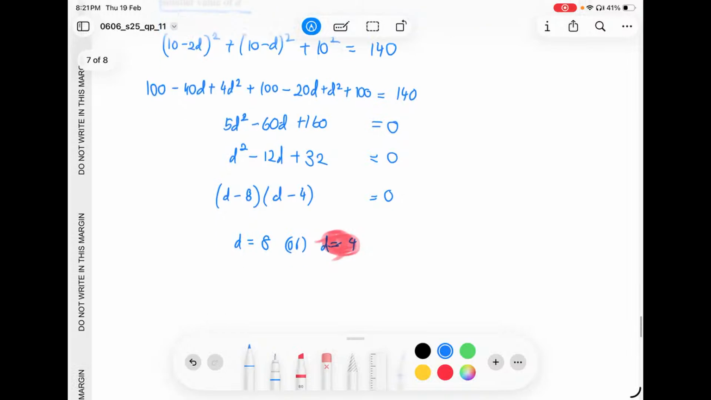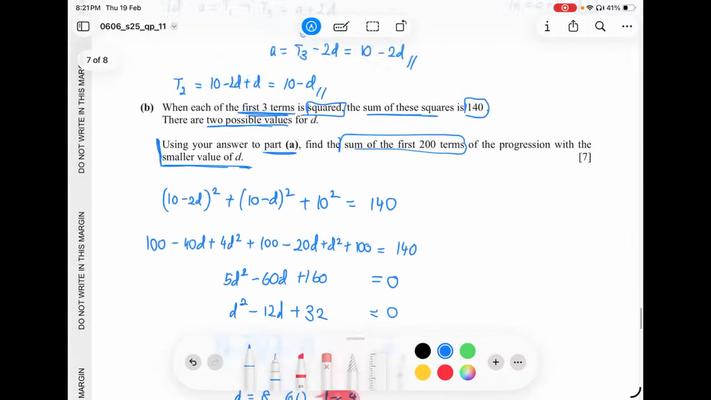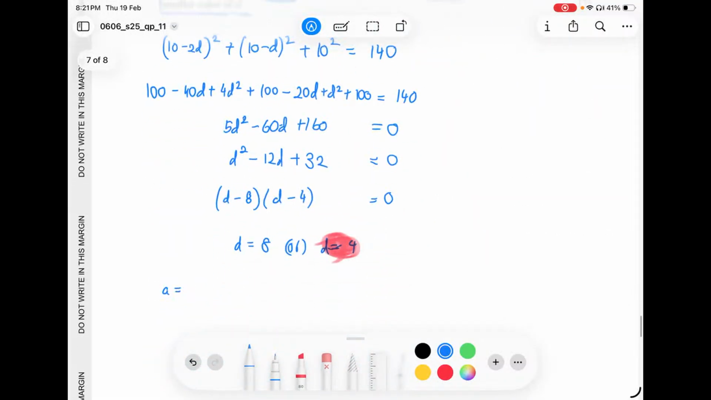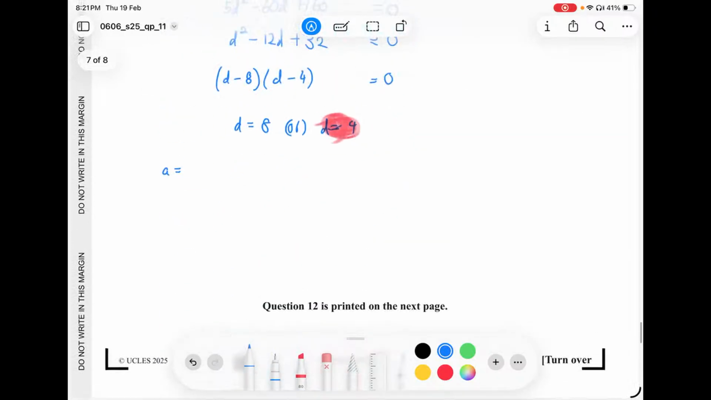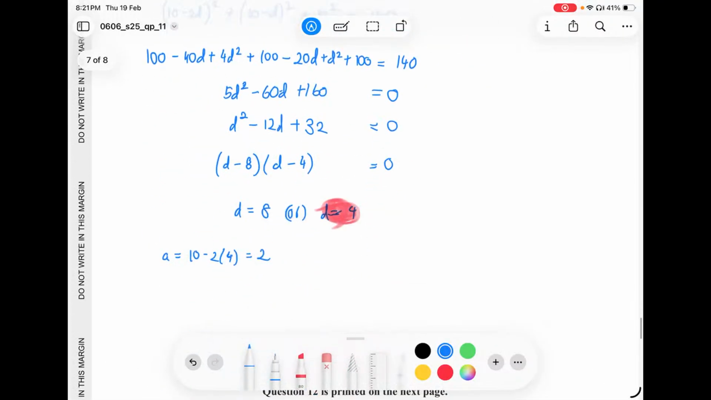So to find the sum of the 200 terms, here it's straightforward. From this D you can just calculate the a. So a is going to be 10 minus 2D. So 10 minus 2 times 4, which will give us 2. And now to find the